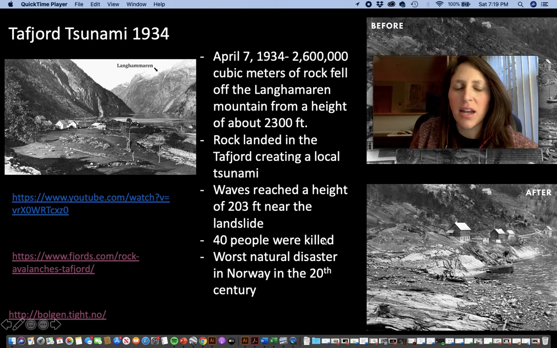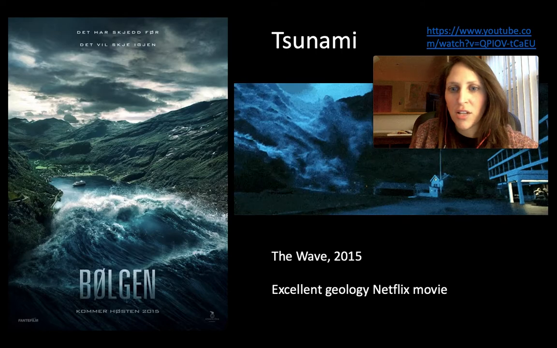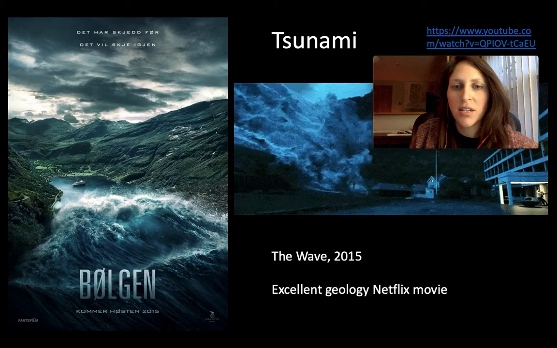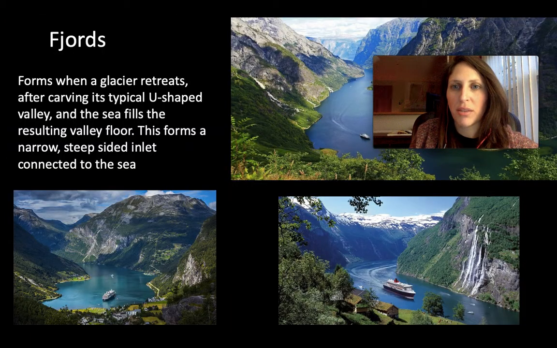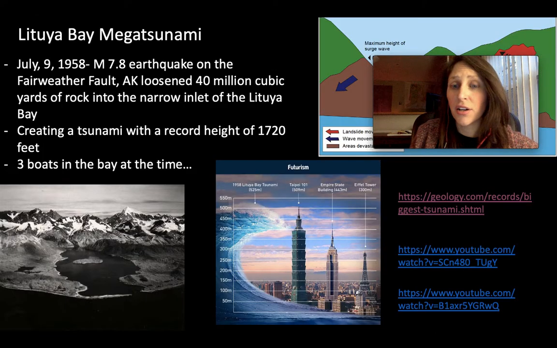So there are tsunamis that can happen not just in the ocean, but in these different types of water bodies, this fjord as an example. You can imagine this huge tsunami tidal wave coming for this poor village because of this rock fall, depositing all of this rock into the fjord at once, really rapidly, creating this huge tsunami. So pretty devastating. Another really interesting mega tsunami, which was recorded in Alaska